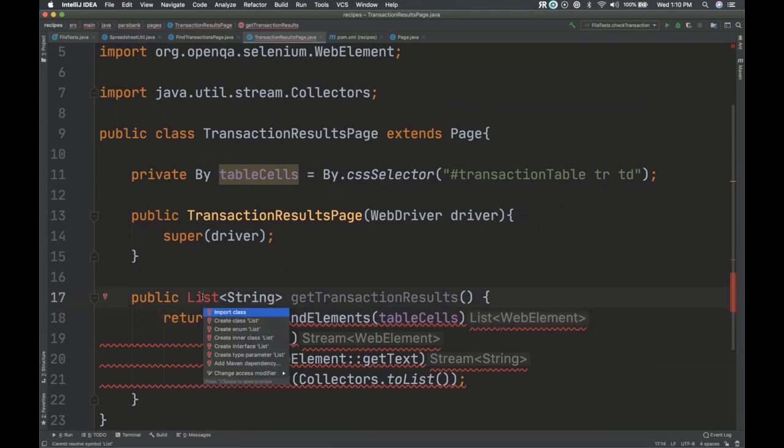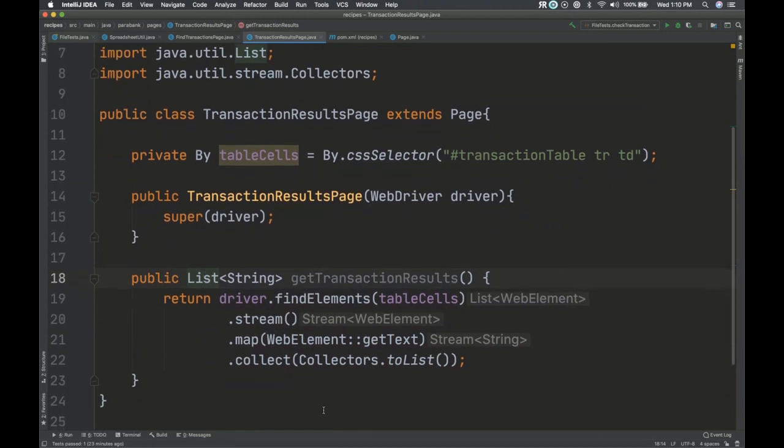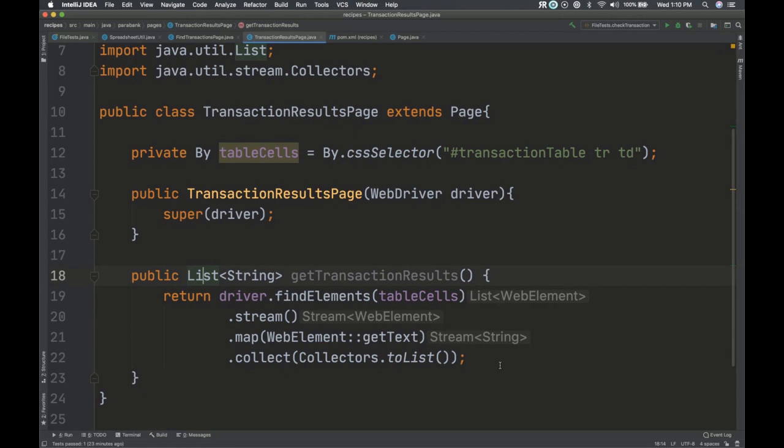Just import this. Boom. Isn't that beautiful? And look at IntelliJ say, okay, this is going to be web. And I love this. I hadn't seen this. I just updated my IntelliJ last night. I don't know if it had this before, but I never noticed it. It's telling me the data type for each part of this call, which is great because things get really confusing here. So yeah, I got strings now. Beautiful list of strings.